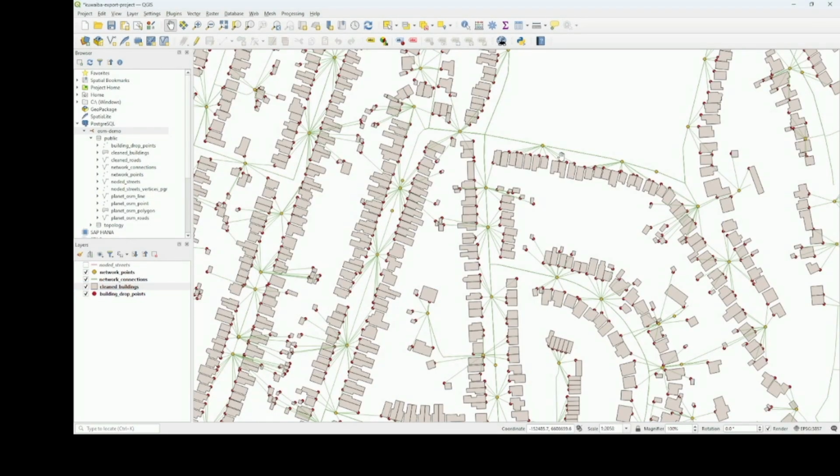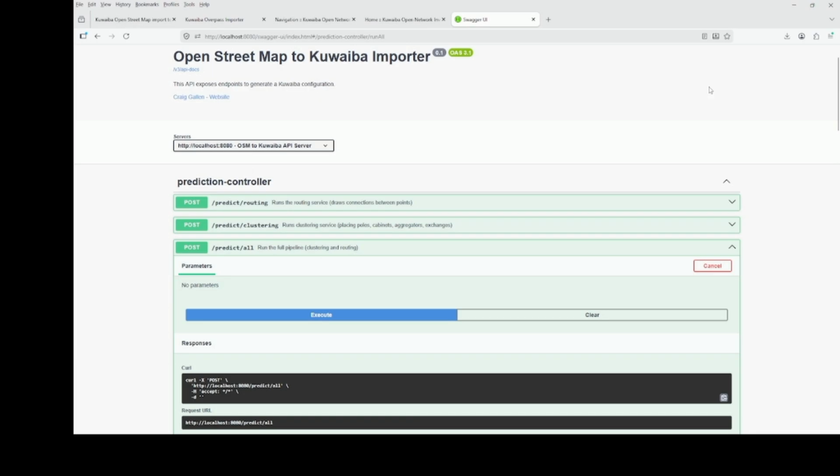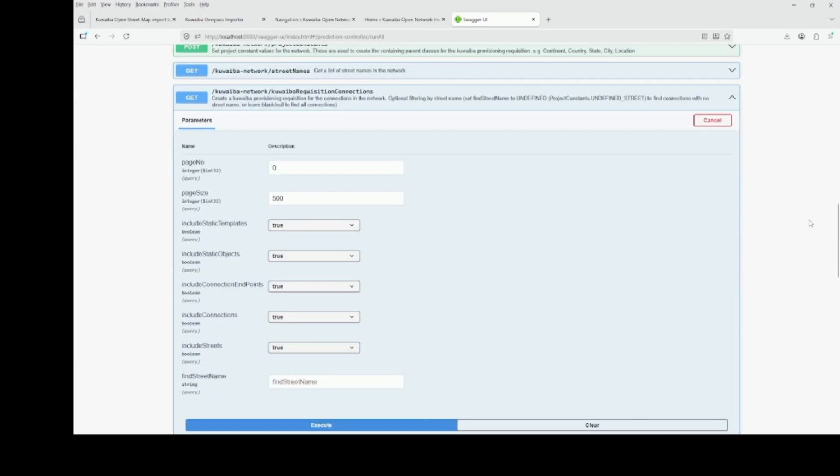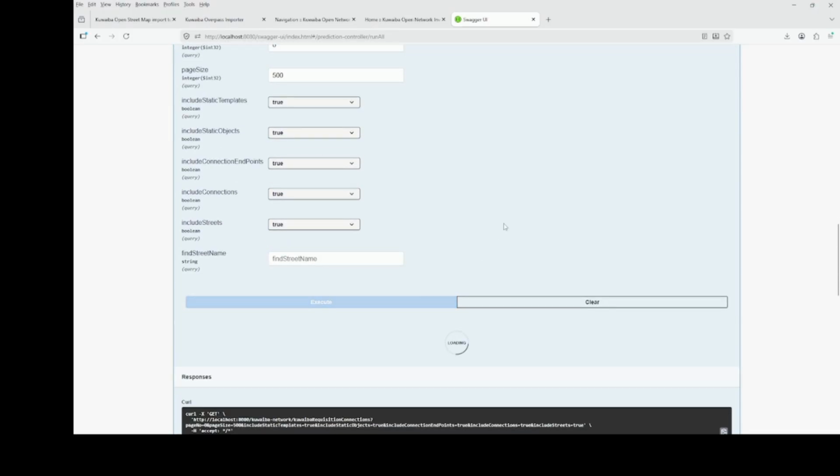Now we're going to export this data, having created it. And to do that, we go back to the Swagger UI, and in this case, we're going to look at the requisition connections. I'm only going to export 500 of these connections because it will take a long time to import if I do any more than that. And if I execute that query,